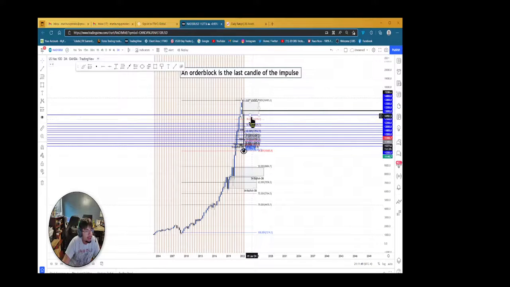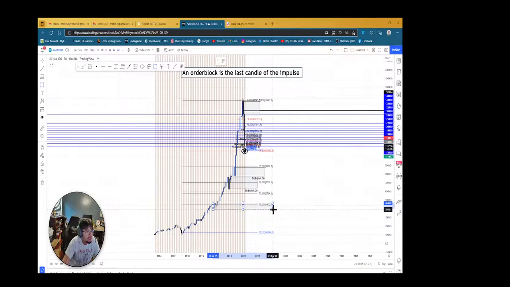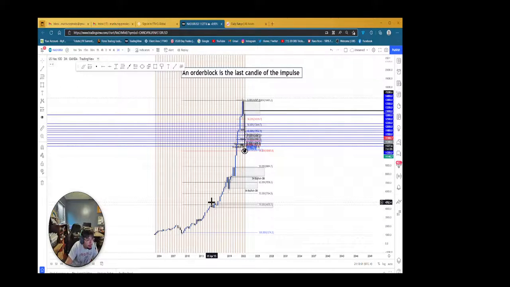How far can price go down? There's certain levels here, guys. There's a lot of room in this range right here. So we have some areas. It's the last up candle for the down move. So this down move, okay, there's a consolidation area. So I just put it right here. But if you look here,